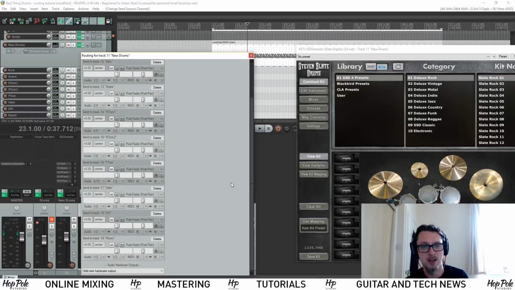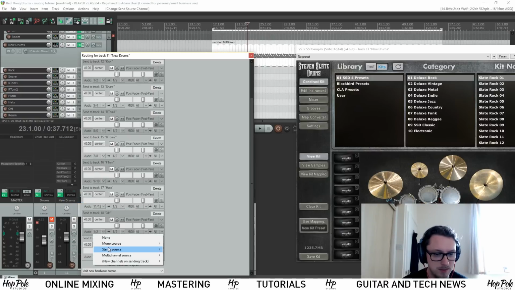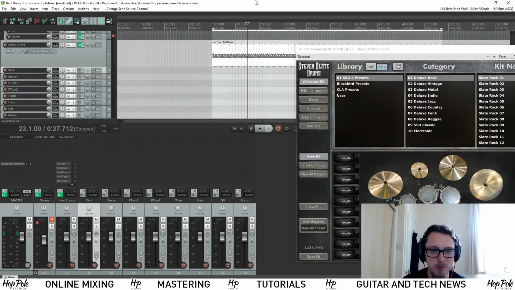I'm deciding this as I go. I could do them in a different order if you prefer having your hats earlier on, and if you do them in a different order, this still works absolutely fine. So hats 11 and 12, overheads 13, 14, and room 15, 16. So now we should be back to